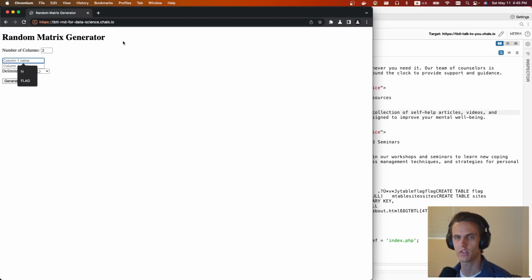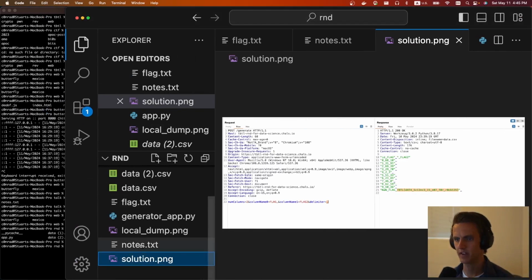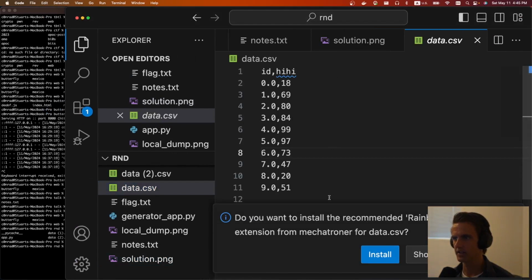So I'm going to ask for this. I'm going to say C1 and C2. Delimiter is equal to comma. We're going to generate, and we get the CSV. There's nothing exciting about it. I might even have one over here. Yeah, data.csv. So it generates something that looks like this. So just 10 numbers and then a bunch of random numbers,